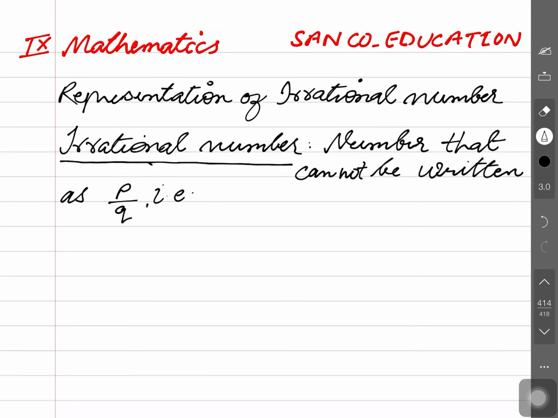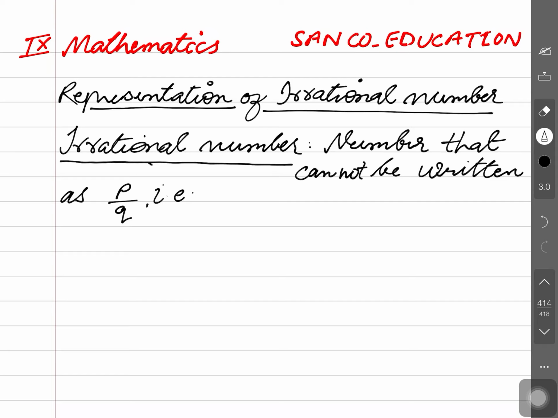Hello students, today I am telling you the concept of irrational numbers and how an irrational number is to be represented on a number line. The method of representing any irrational number on the number line is based on the Pythagorean triplet concept. What do you understand by the Pythagorean triplet concept? Here, see on the screen: representation of irrational numbers on the number line.